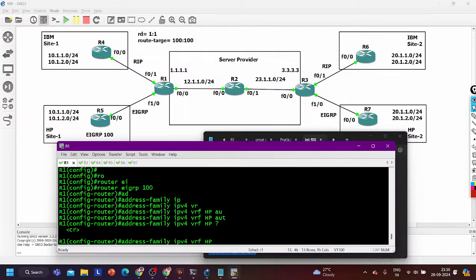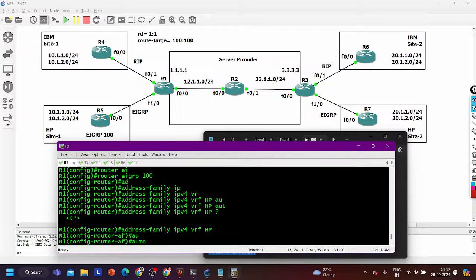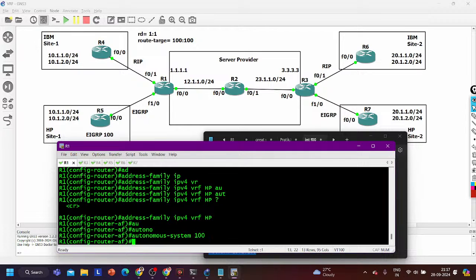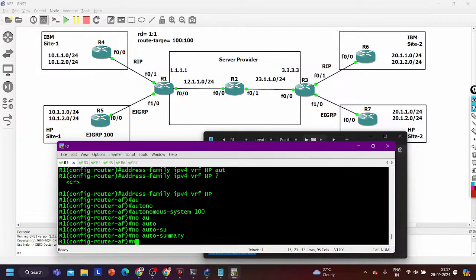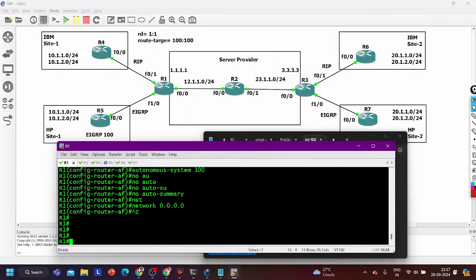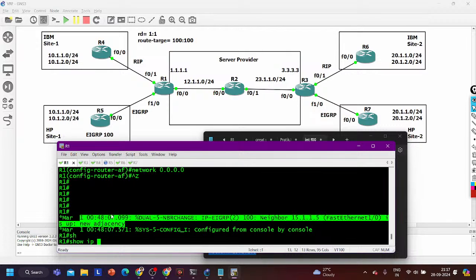Address-family ipv4 vrf HP, and autonomous-system number 100. This is the autonomous system number. Now guys, I am saying no auto-summary, and network. Which network? I can say 0.0.0.0 or 15.0.0.0, and it will also work. Now see, show ip, here you can see the EIGRP neighborship is done, but